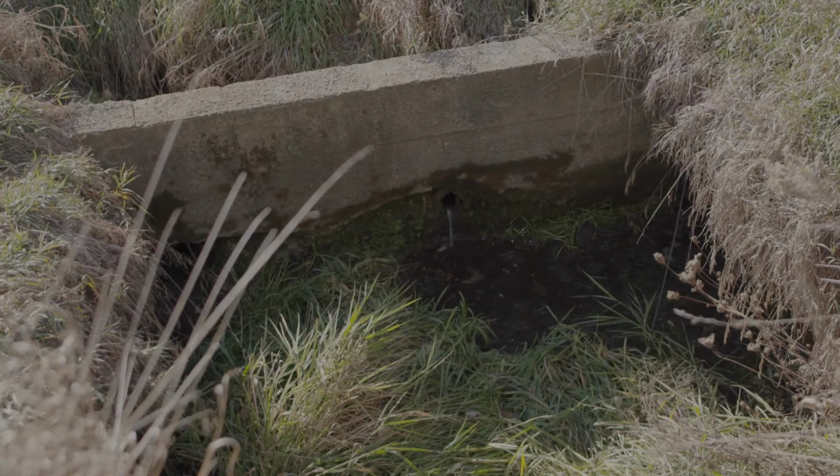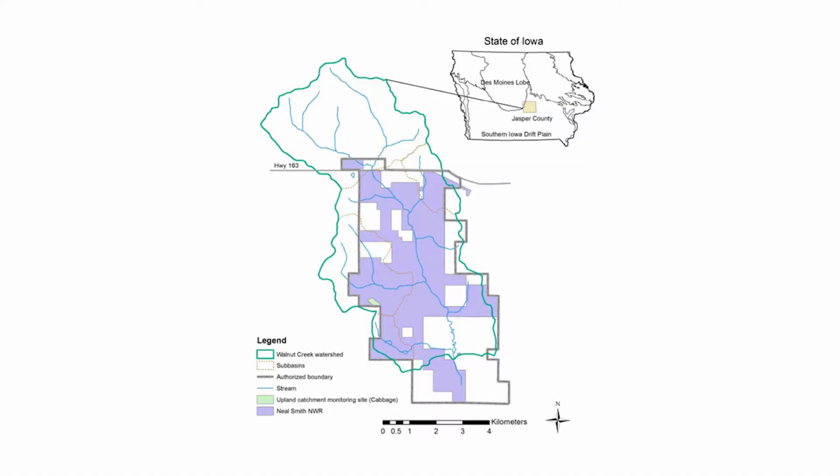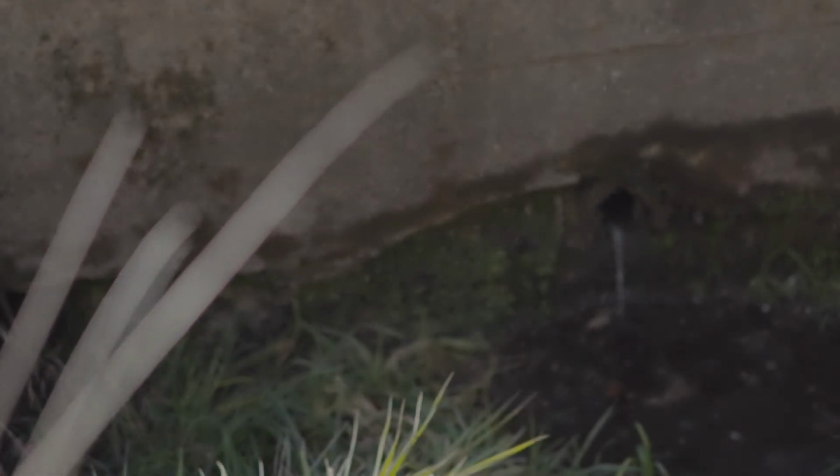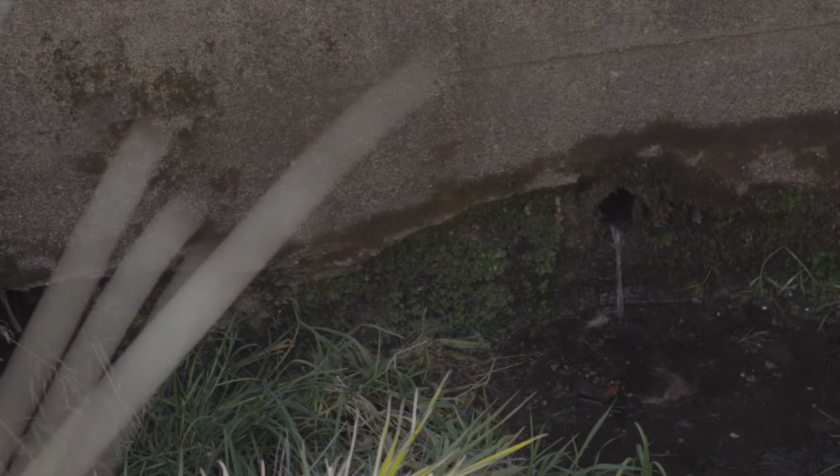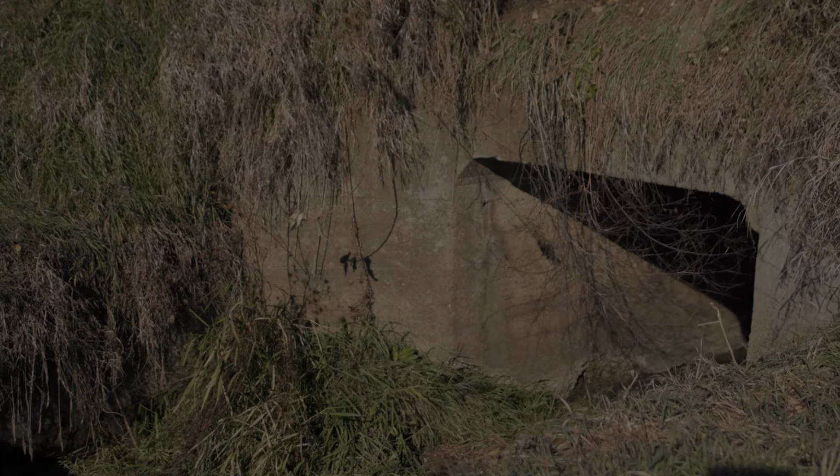So we're at a different location in the Walnut Creek watershed, the same watershed that contains the Neil Smith Refuge. We're up in the headwater area. The headwaters are essentially where streams originate. And in this location, and throughout much of Iowa, streams originate from subsurface drainage, tile drainage. And this is the location where stream flow just starts. It starts at the end of a pipe, flows underneath the road, and now we have a channel that migrates